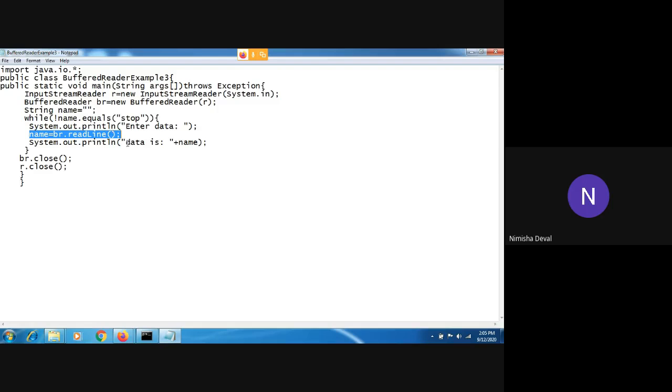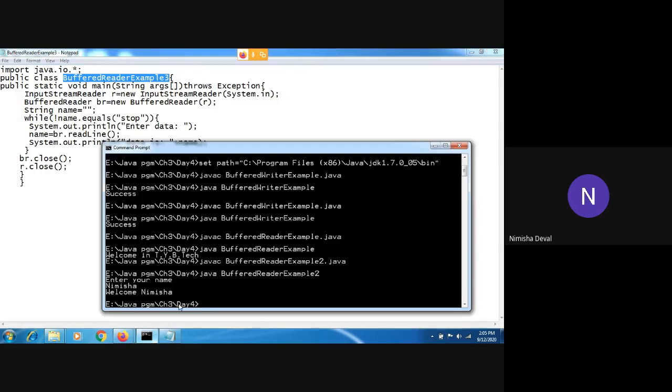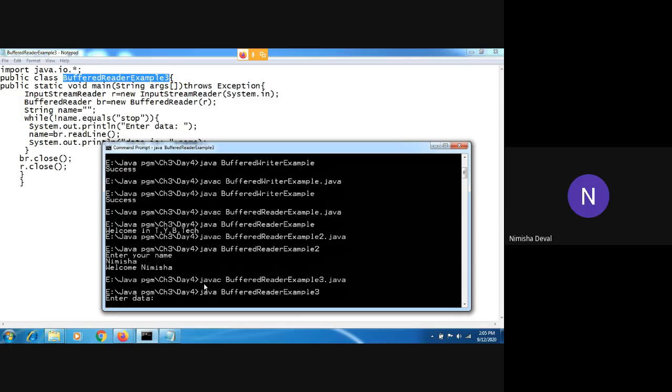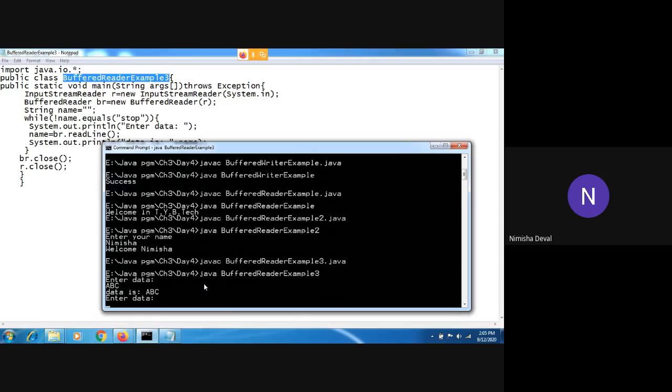You can keep taking input till you enter the stop word. Right now here I have used the stop keyword. I will show you with the help of the first same name, and after that I will show you with another name. First I will write here as a, I have first entered ABC, then XYZ.